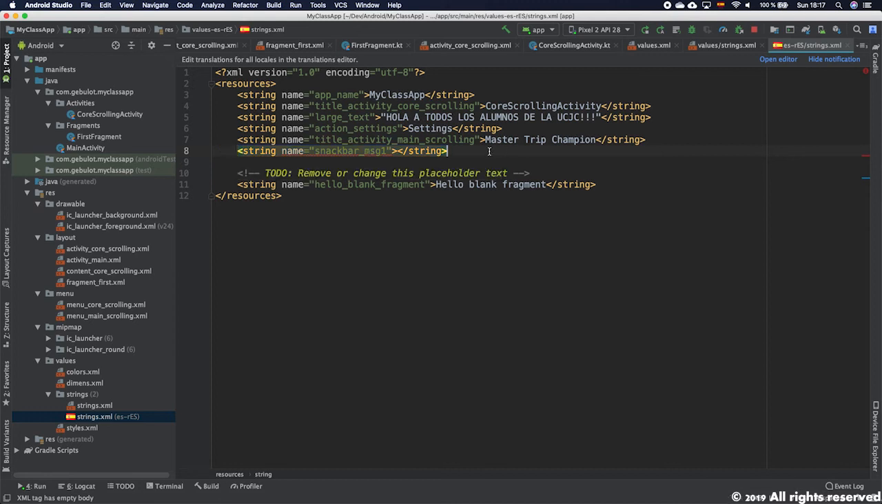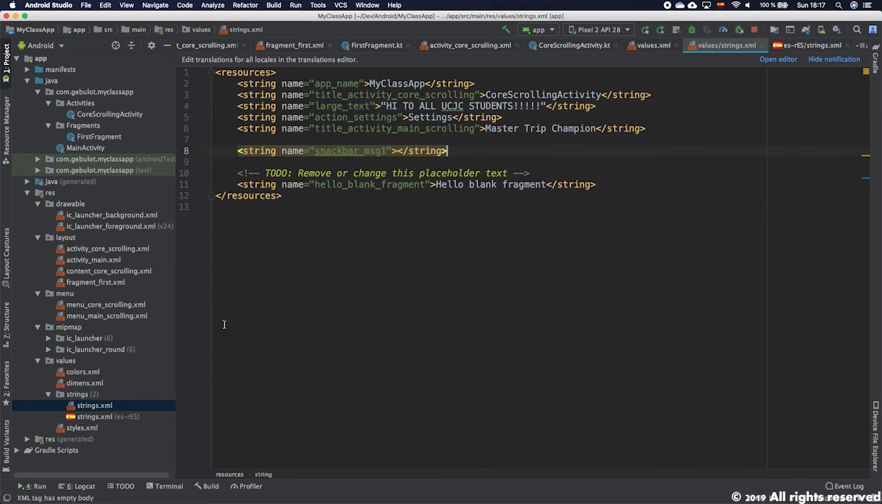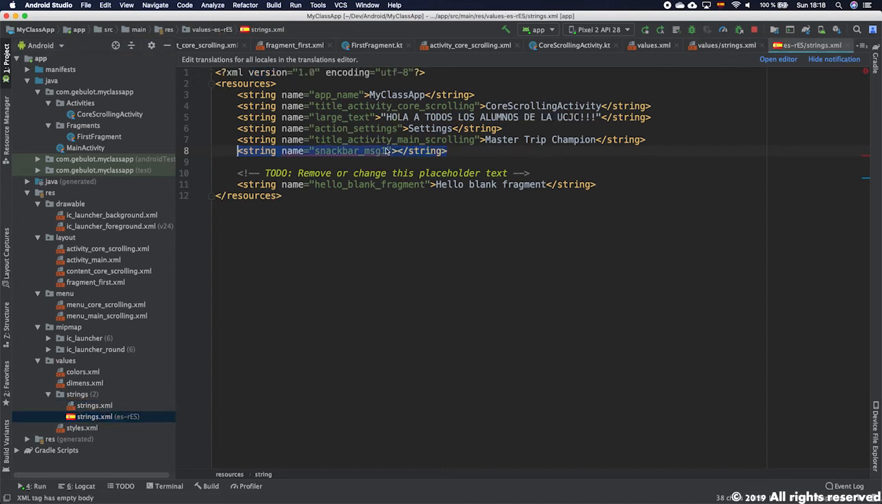Yeah, well, if you add it to the Spanish one and you didn't add it to the default, it will tell you there is an error, because you always have to have at least the same or more in the default. Okay, now the default is the English one, so I'm gonna say message 1 of the snack bar. Okay, that's an example. Now if I go to the Spanish one, I can say